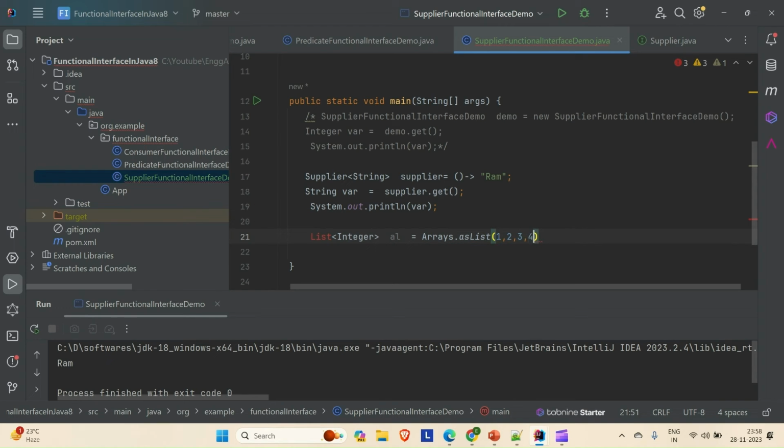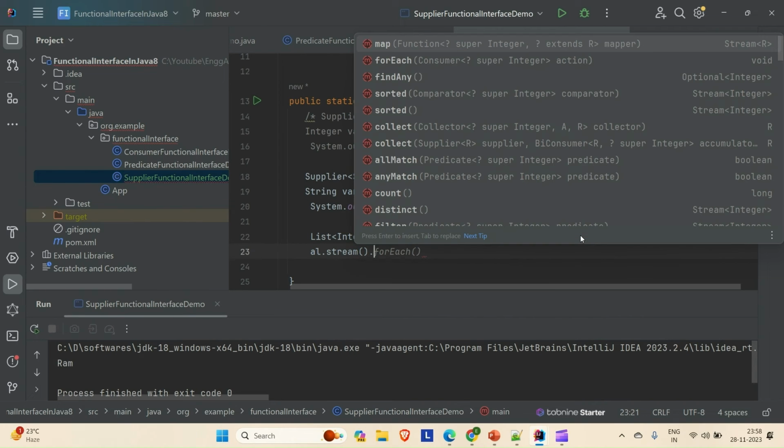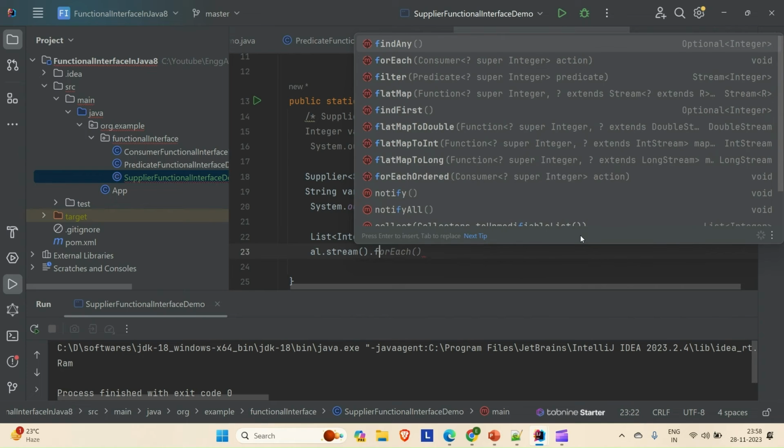So let's say we are providing the values till 6 only, and put a semicolon here, import this list. So we have a list of integers from 1 to 6. Now we are going to convert that list into the form of a stream, and then we can call the find any, let's say,